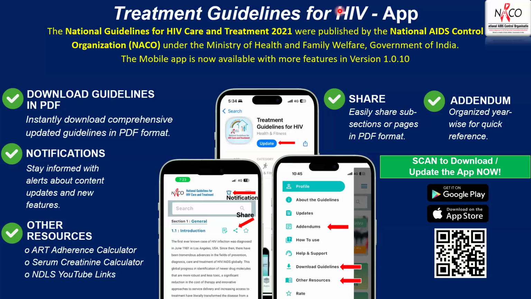Now, there are some situations where you can't wait for the completion of treatment. For example, tuberculosis. The completion of treatment will require 6 months. You can't wait till 6 months to start ART. In that situation, we say you stabilize the OI. We expect by around 2 weeks of ATT, your tuberculosis will be stabilized. So you can start ART after 2 weeks of anti-tubercular treatment.